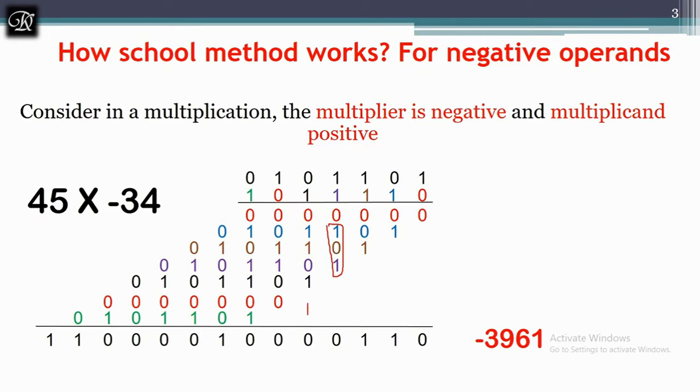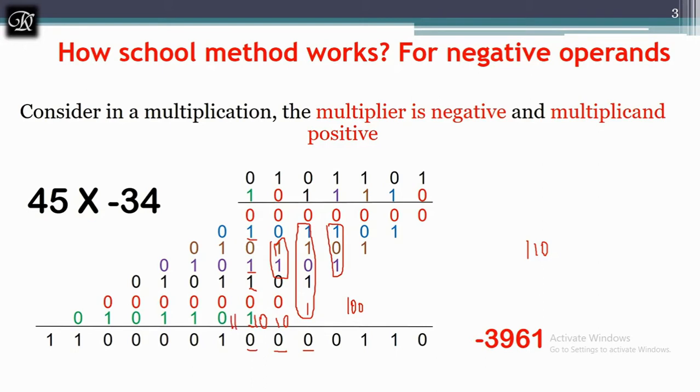Now 1 plus 1 plus 1 is 3. By adding all these I will get 4. 4 in binary is 1 0 0. So I have written 0 over here, and 1 0 will be carried to the next level. Here I am already having 2. 2 plus 2 is 4 again. I will write 0, and I am going to write 1 0 as a carry. Now you can check, I am having 1 plus 1 plus 1 plus 1, it is 4. 4 plus 2 is 6. 6 in binary is 1 1 0. So I am writing here 0 and 1 1 will be the carry to the next stage.